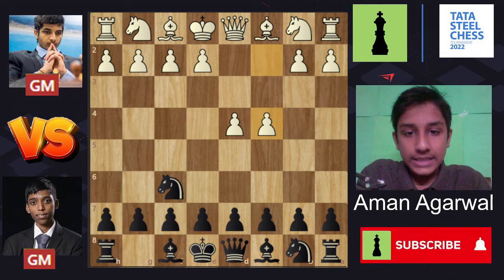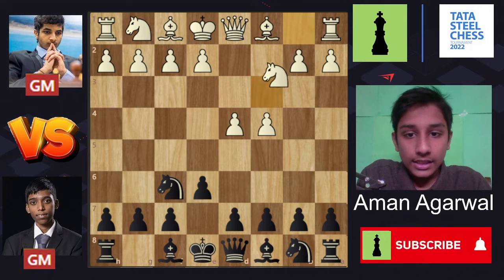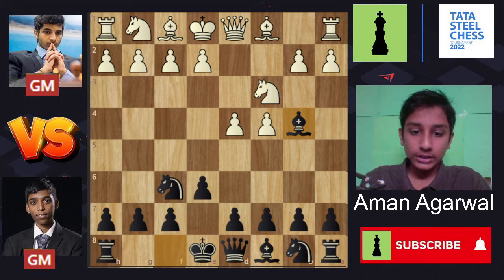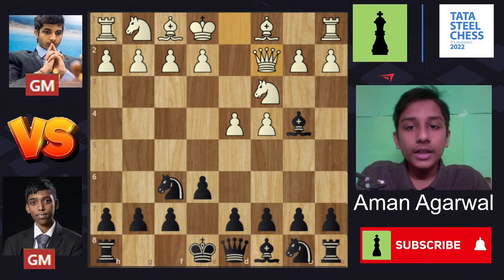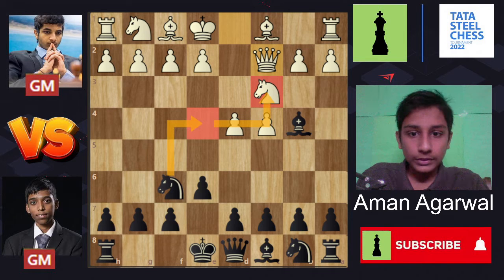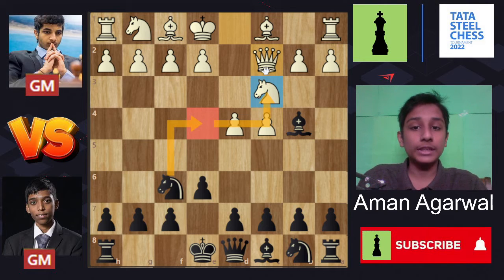We have knight f6, and after c4 we have e6. This is standard theory, and after bishop to b4, this game transposes into the Nimzo Indian defense. Queen c2 with the idea of stopping knight to e4, which attacks this knight here, and also for putting defense on